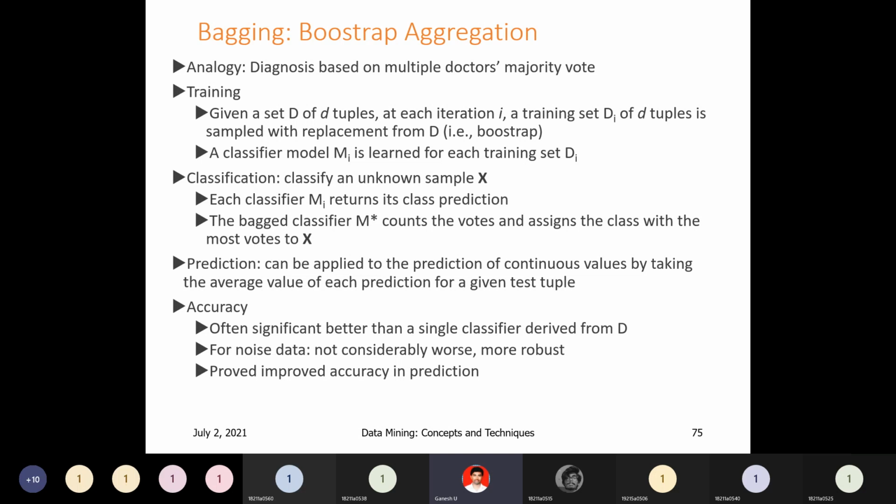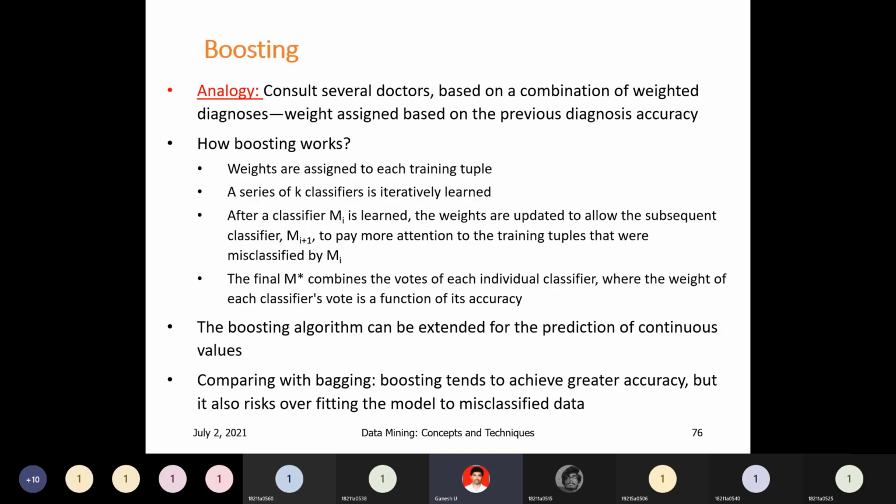Next, what is meant by boosting? I will use the same real-time example as for bagging. One person consults several doctors. From each and every doctor you get some report. All those reports you combine, and from the first doctor's report, which says you have these problems, you combine all the problems. That means in the final result you have 20 problems like that. That is the bad news.